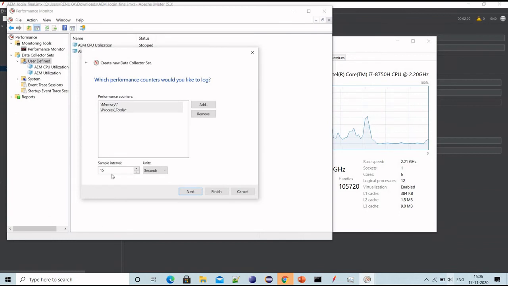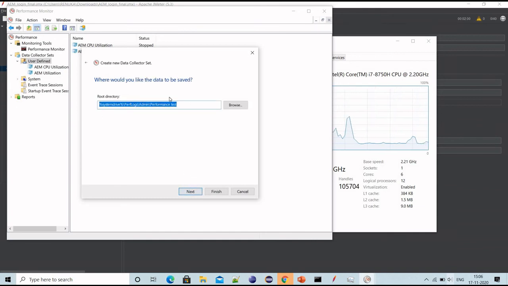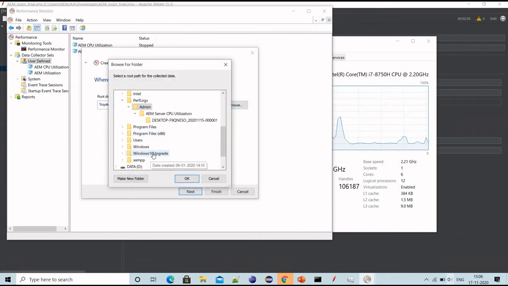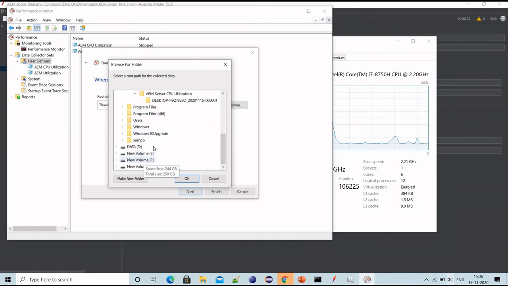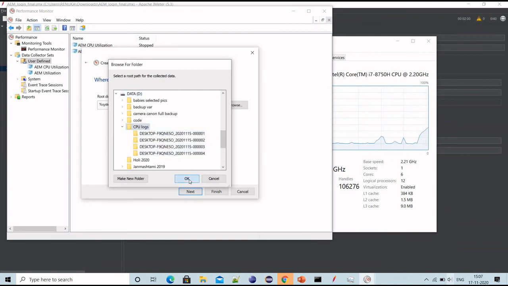Click on OK, and then for the sample interval, I will give maybe 5 seconds. Click on next. Where you want to store the log file, I would say change it to a useful directory. So I will go to D drive and then CPU logs.